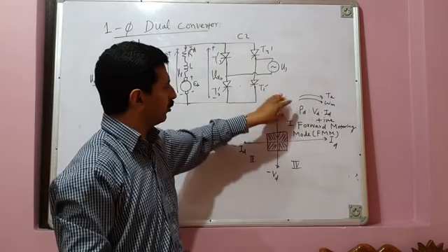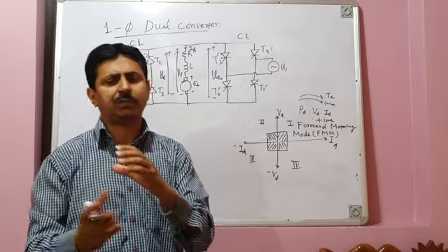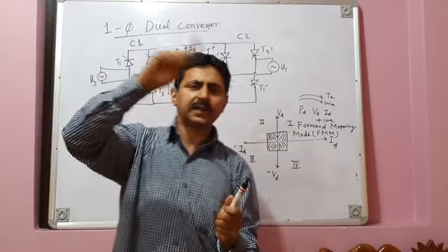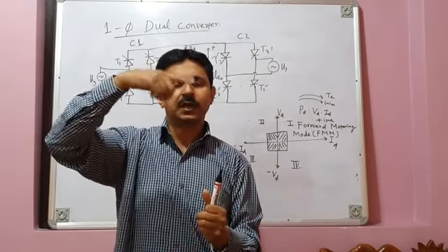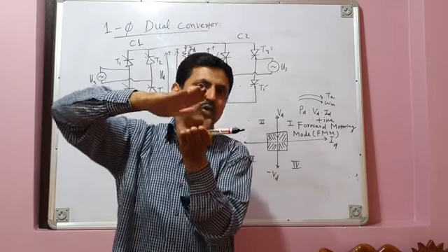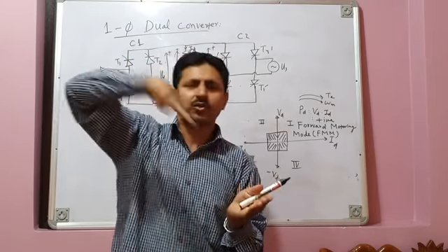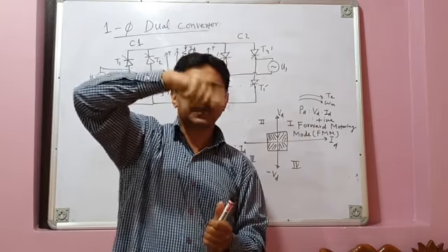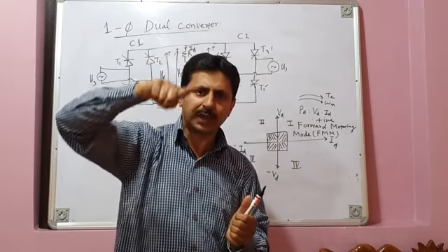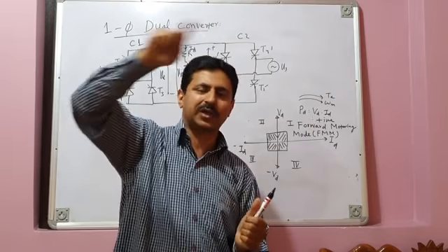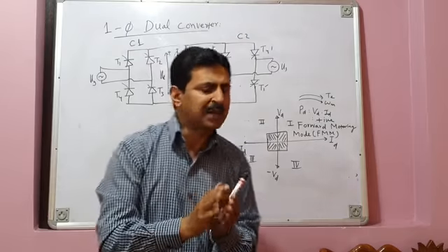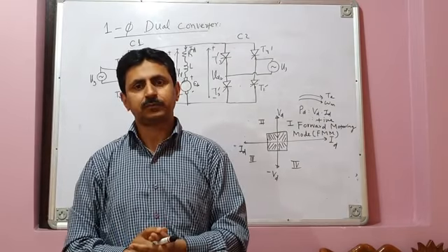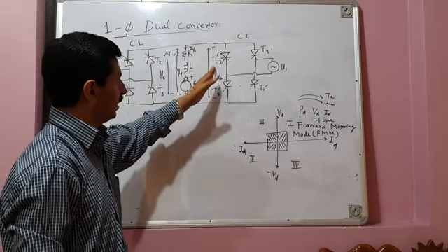So in the first quadrant, our machine is running in the clockwise direction, and now after some time, I want it to run in the anti-clockwise direction. When it is running clockwise, it is running at full speed, so first I have to decrease its speed. I have to brake it. You cannot make your machine reverse abruptly. If the machine is running in clockwise direction, first you have to slow it down. When it stops, then you run it in the anti-clockwise direction. So if your machine is operating in forward motoring mode, you have to brake the machine first. For that purpose, you will run your machine in the second quadrant.